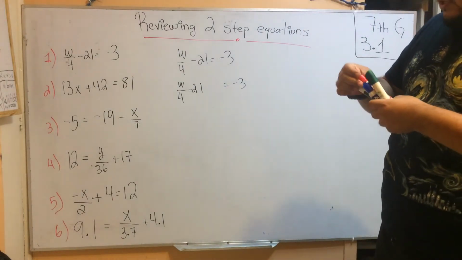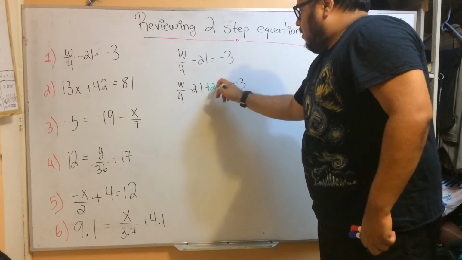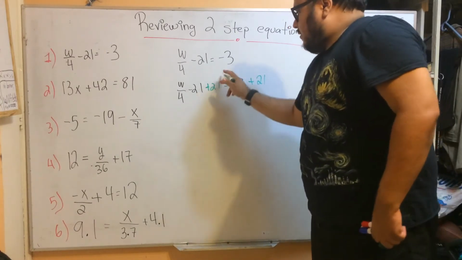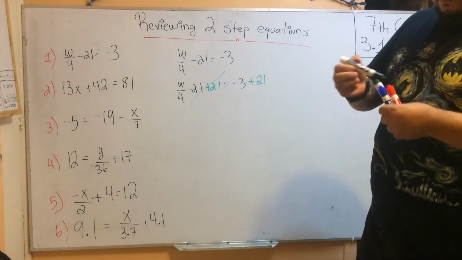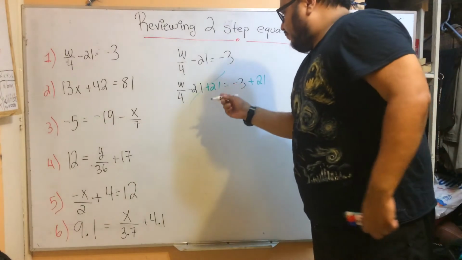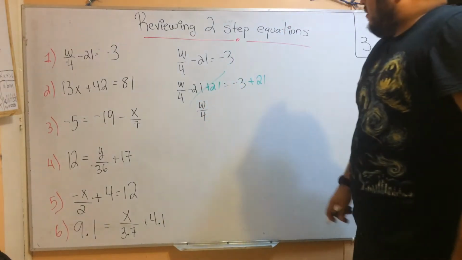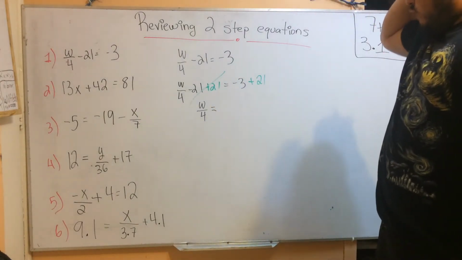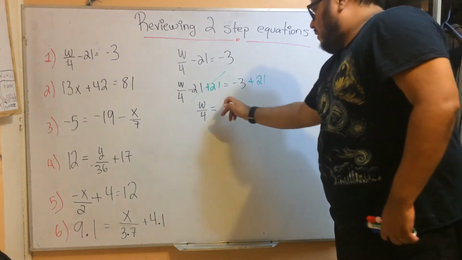So the first thing we need to do is add 21 on both sides so that we can eliminate this part. Minus 21 plus 21, we know it's 0. So we're going to have only w over 4 on this side. And minus 3 plus 21 is the same as 21 minus 3, and that's going to be